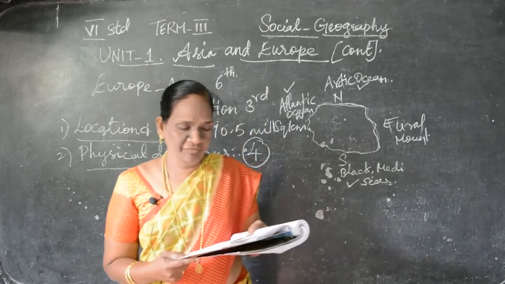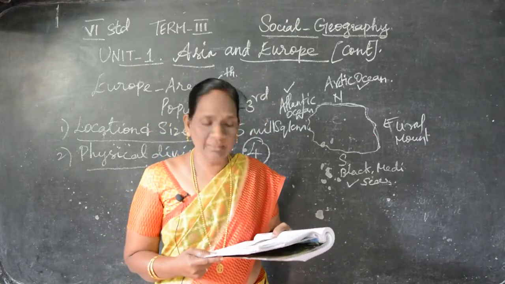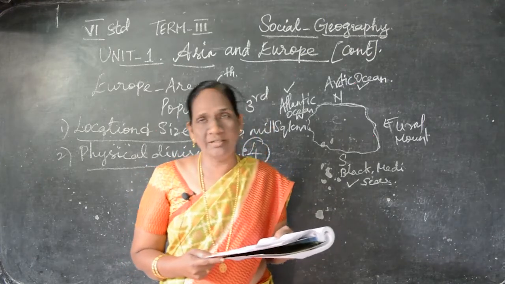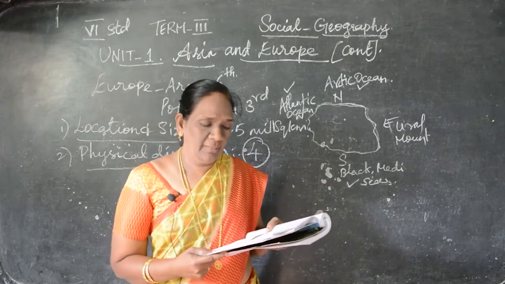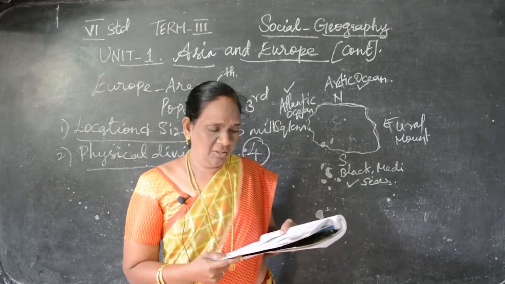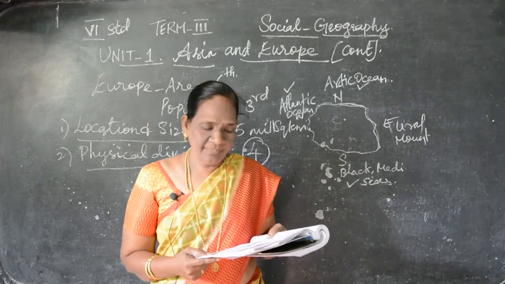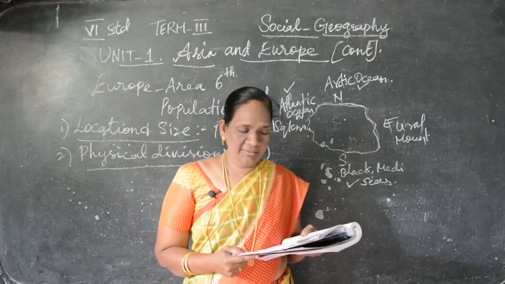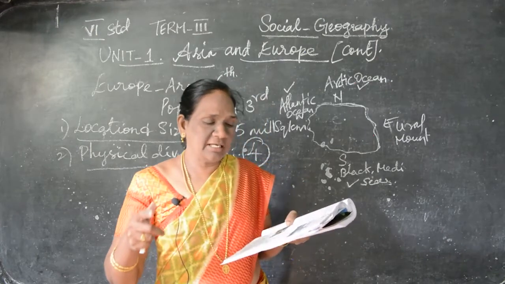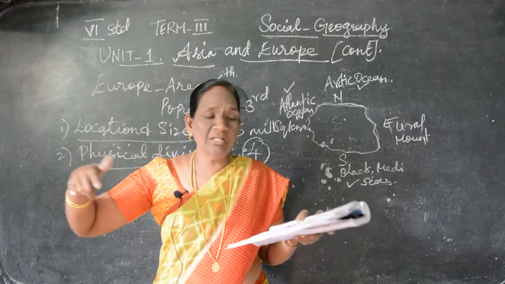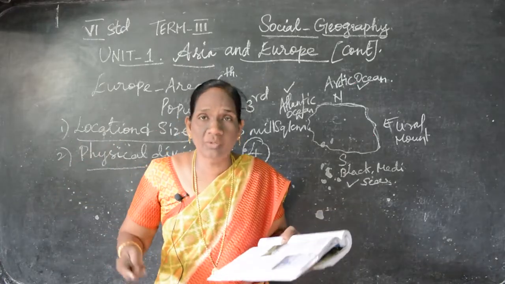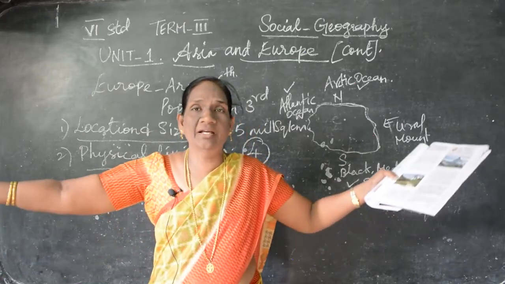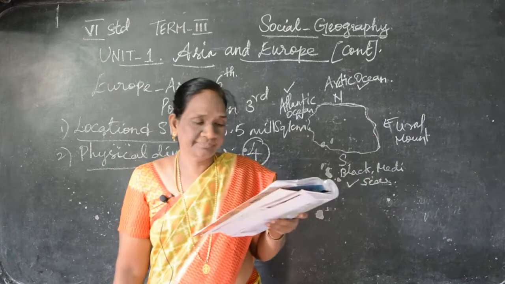Okay, the next, fourth one, is the North European Plain. The North European Plain stretches from the Atlantic Ocean in the west to the Ural Mountains in the east. On the north, it is surrounded by the Baltic Sea, and on the south by the Alpine Mountains. And it is narrow in the west and wide towards the east. Westல போகும்போது it is narrow, narrowனா என்ன குறுகலா போகுது. Understand? And eastern sideல பார்க்கும்போது it widens, means அகலமா இருக்குது.